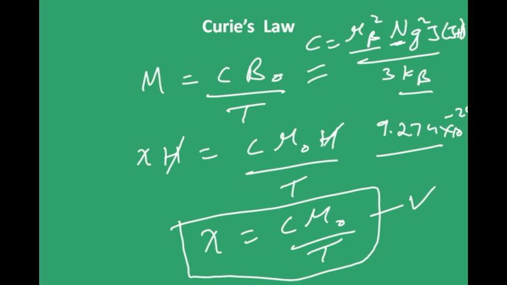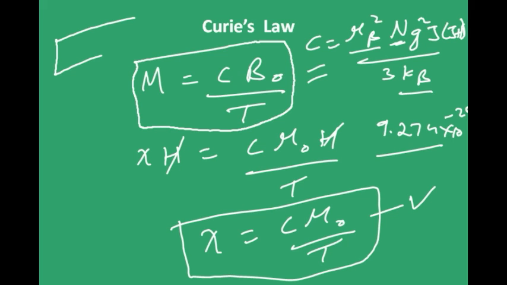There's one more thing I need to tell you. You have this equation, right? Magnetization increases with the decrease in temperature, but till what? It doesn't increase continuously to infinity. There's a limit. Actually, what happens is when you place a paramagnetic material in an external magnetic field, first of all,